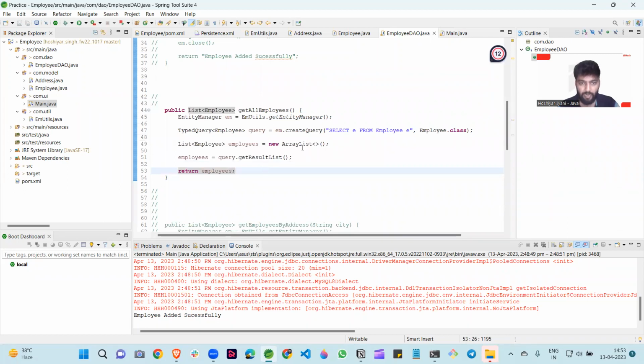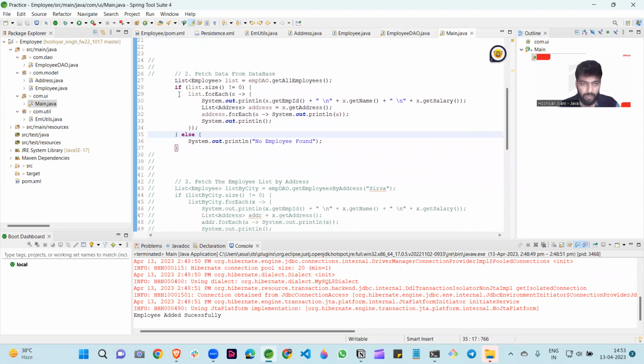So done. And in the UI, how can we deal with this method? We are storing this method's result in a list of employee. If list dot size is not equal to 0, then we perform this operation. Otherwise, we can simply say that no employee found. And in this, I am using a stream operation like list dot for each and x. This contains each employee. So system dot out dot println x dot get employee id, x dot get name, x dot get salary, and